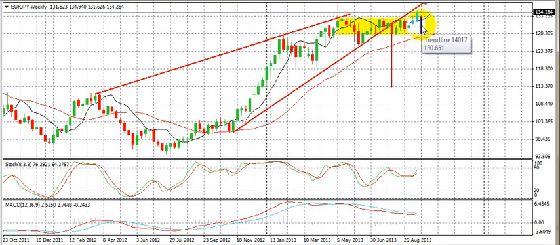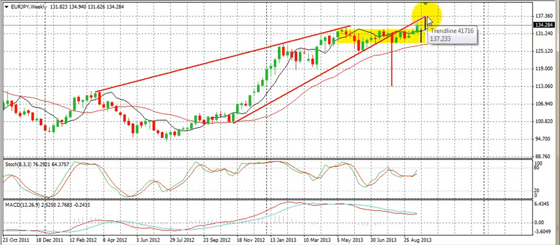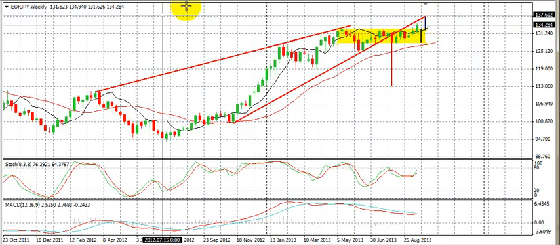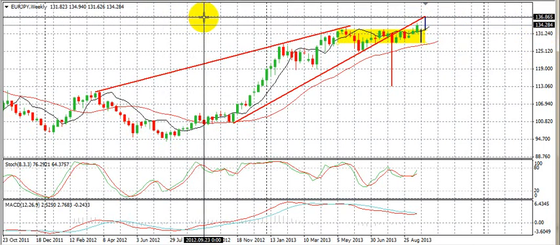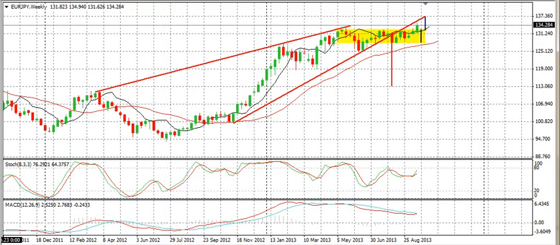Yeah, if you consider this as the height of the rectangle, and if you draw it to the upside, then yes, it is exactly merging with the lower border of the wedge pattern. So this can still be a possibility, and calculating the target of it is around 136.86, which is